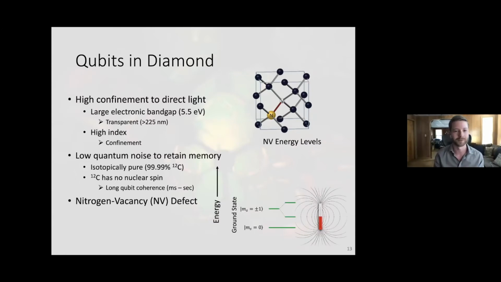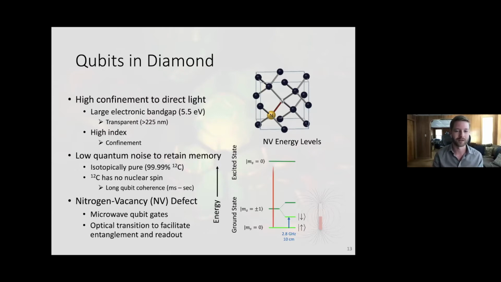And we can turn this into a qubit by breaking the degeneracy of that plus-minus state with a magnetic field, and then arbitrarily choose two of these states to be our qubits, and we'll label one of them down and one of them up. We can use a microwave field to address between these two states and perform logic operations. And we can take advantage of another spin-0 excited state and address that using a red laser to facilitate readout of the spin system, as well as to facilitate entanglement.